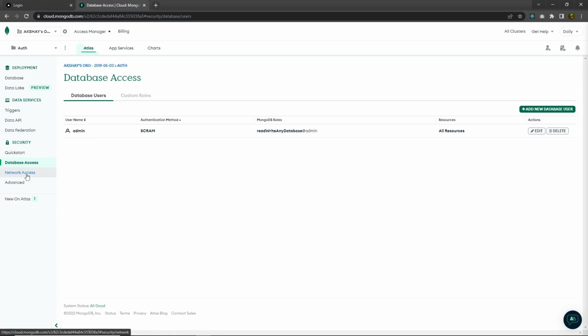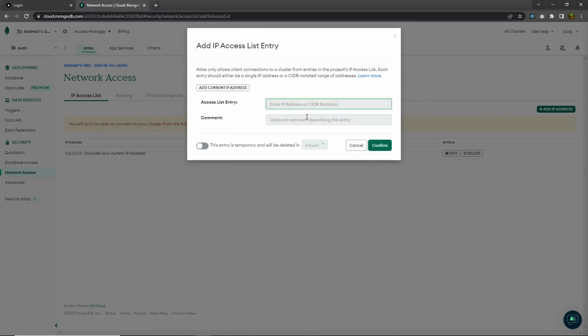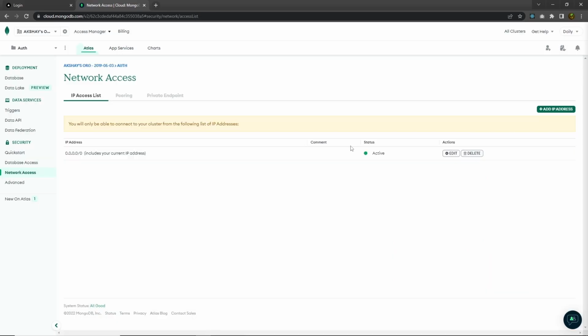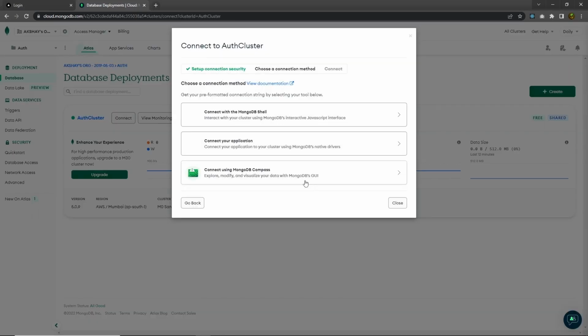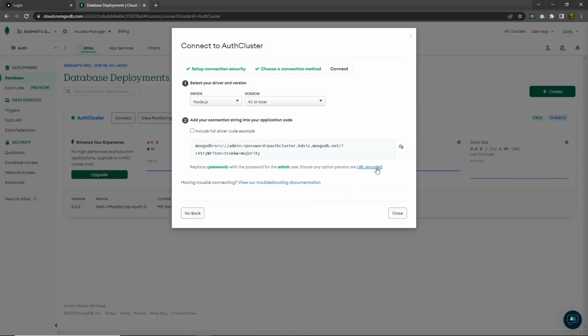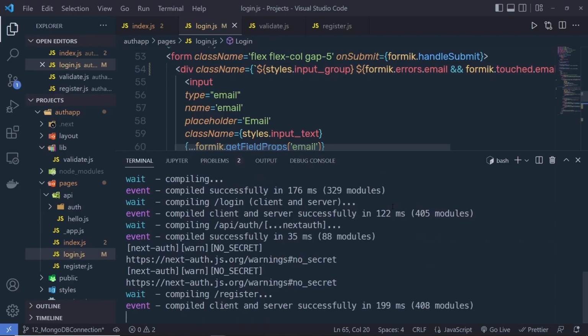Just after that, I'm going to click on this network access and include my current IP address by clicking on this add IP address button. When I click on this button, from this window you can add your current IP address so you can access your database. Now once the cluster is successfully created, you can connect this with your Next.js application. To connect this, you can click on this connect button, and from here you can connect your application with Next.js. So let me copy this link,